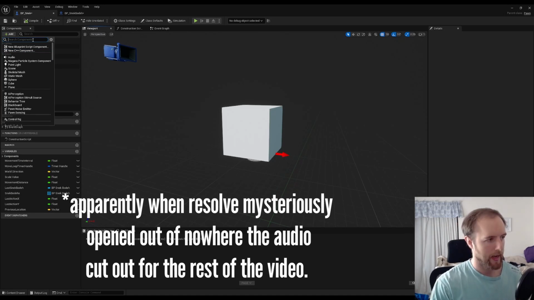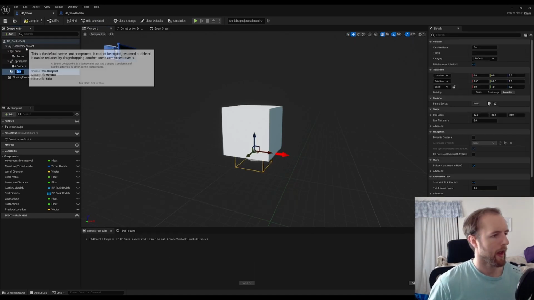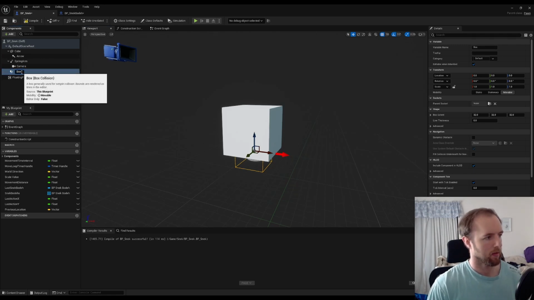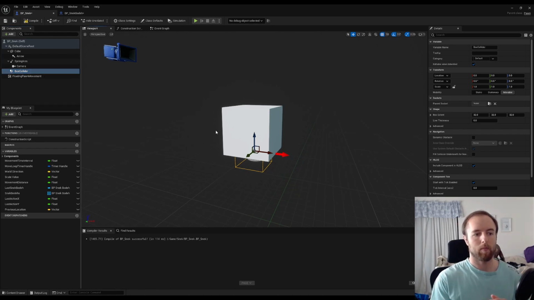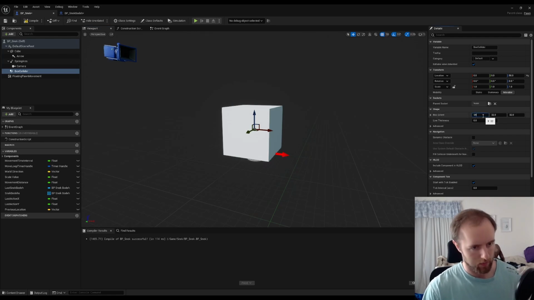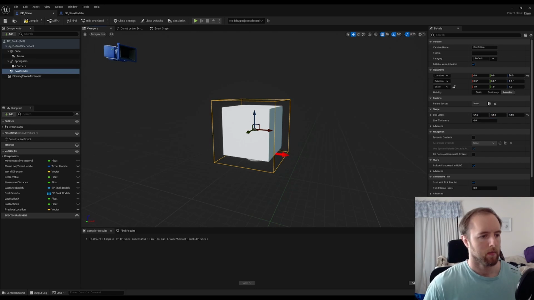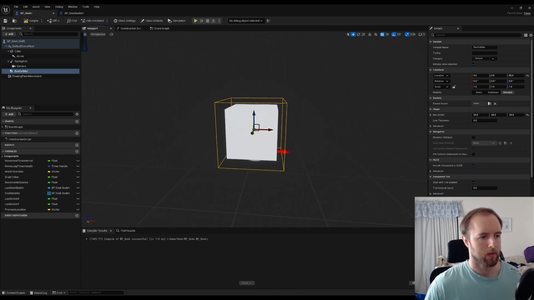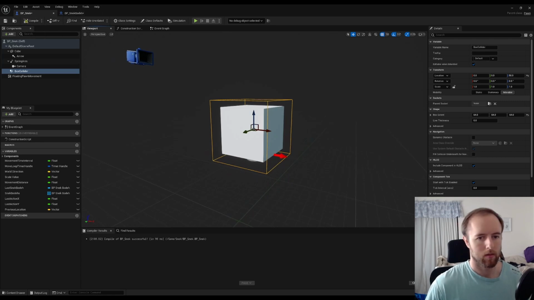Inside of our snek BP, we're going to create a box collider, it looks like. We'll end up changing this later. Now that I'm in the future, I kind of know better what was going on. If you're feeling brave, you could also do a line trace instead of a box collider, because sometimes collision has issues, but this will work for now. We'll run into a problem later with the cube spawning on top of itself, but basically just get a box collider and we're going to move it in front of the box, adjust the size